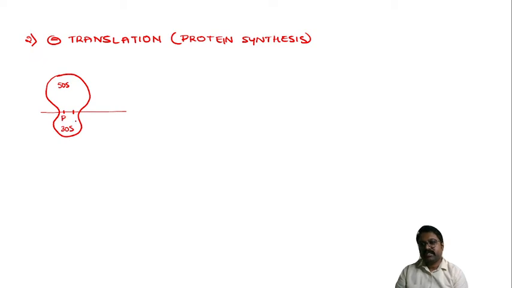One is the P site, one is the A site. A site is called the acceptor site and P site is called the peptide site. So please remember the nascent peptide chain which is already formed will be present on the peptide, that is P site,